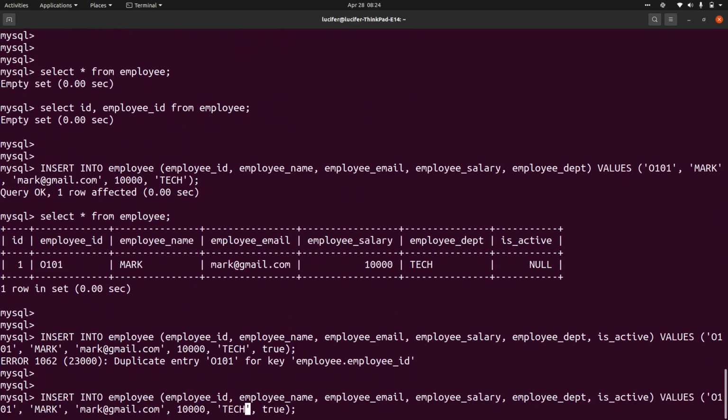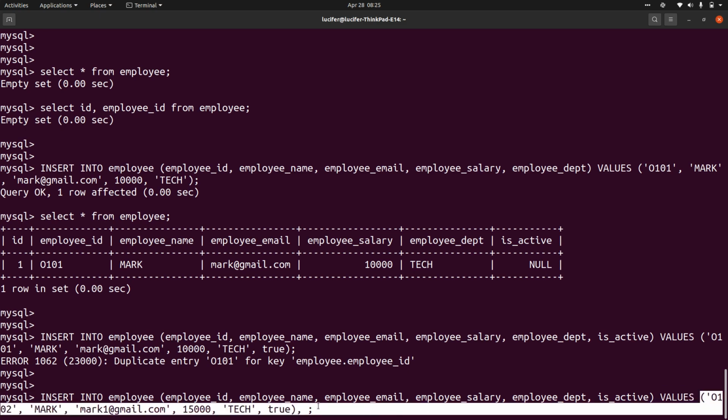So you will have to change those values. You can keep these other things because they are not unique. If you want, you can change anything, it's fine. If you want to change, you can keep them true or like this. Now let me add a couple of other records.